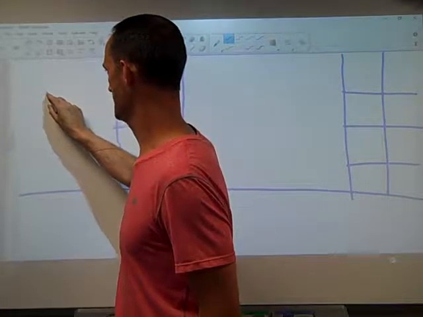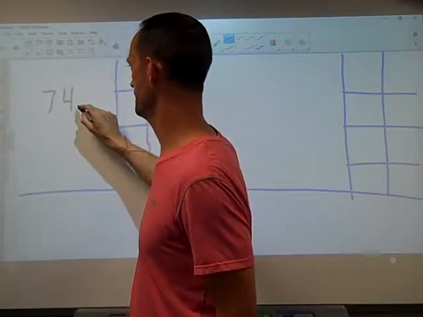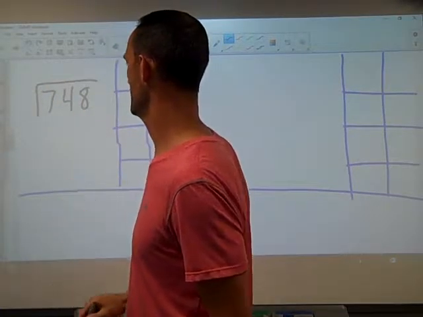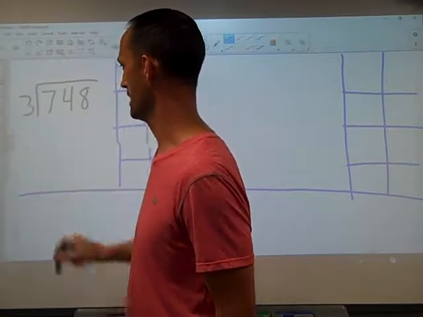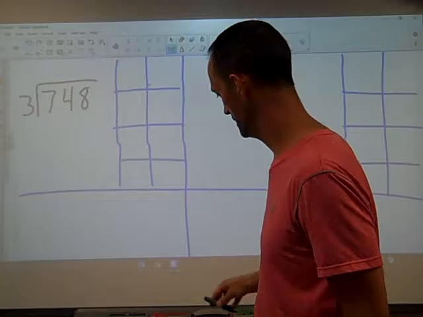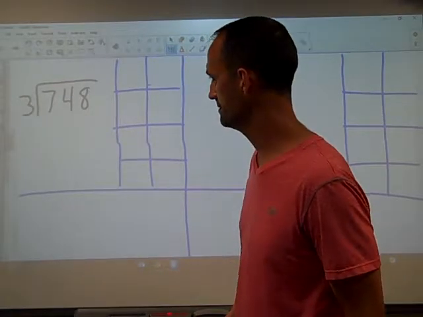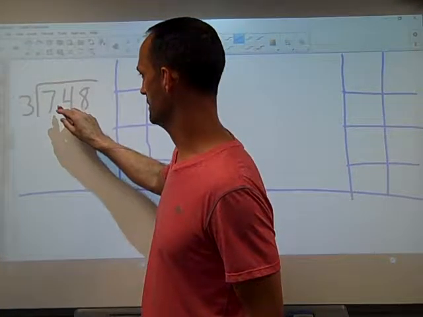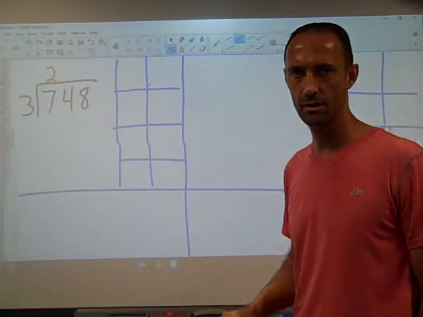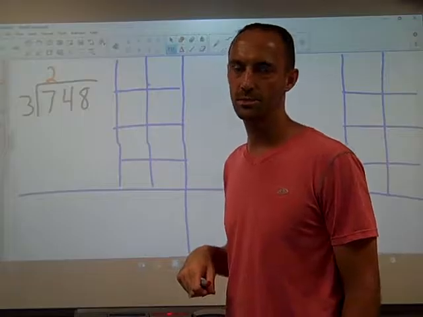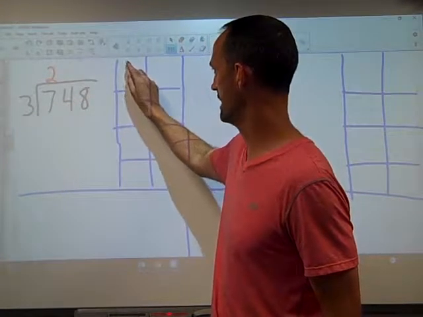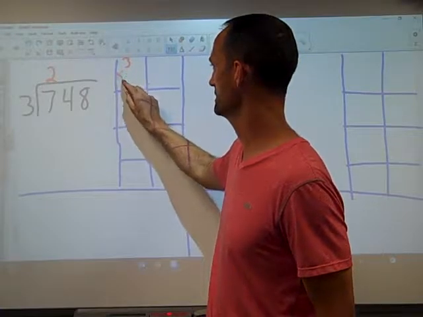We have the division problem 748, and we are going to divide that by 3. So students will ask, does 3 go into 7? And it does. It goes in there twice. Okay? For those students who aren't real strong on their multiplication facts, they could try in the box 3 times 5,